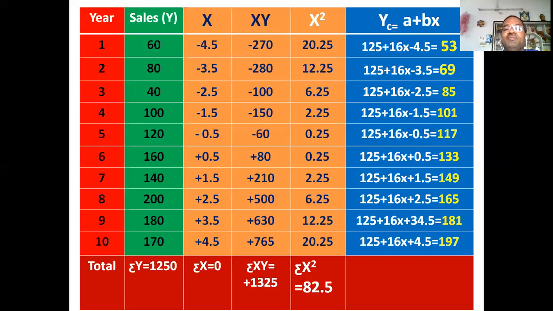So now take the values: how xy has come, x into y, the same calculations we have done in our previous case. Then all the values we have calculated, and the x square values, x into x, those values will come. Just by applying the formula yc is equal to a plus bx, we could calculate the values of the trends. So this is the procedure of computing the values of variables regarding the trends.